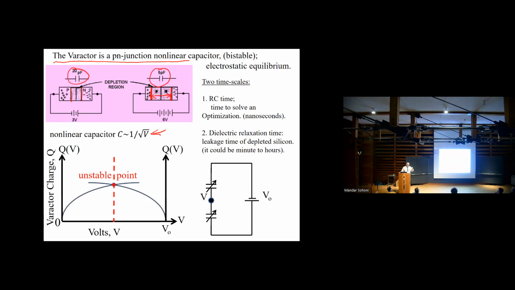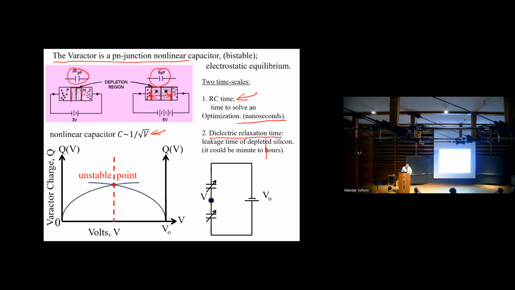Because I was worried that it would just drop to the lowest energy level. There'd be no current, no voltage, and everything would go away. And it's not quite true. For example, in electronics, you have a time scale, the RC time, and let's say you let a system run and it gives you some interesting answer. The RC time is typically nanoseconds. It's good. It gives you a very quick answer. But there's another time in electronics that is often overlooked, not discussed very often. It's the dielectric relaxation time. If you take an insulator, after a certain time it leaks and it's no longer an insulator. That's called the dielectric relaxation time.